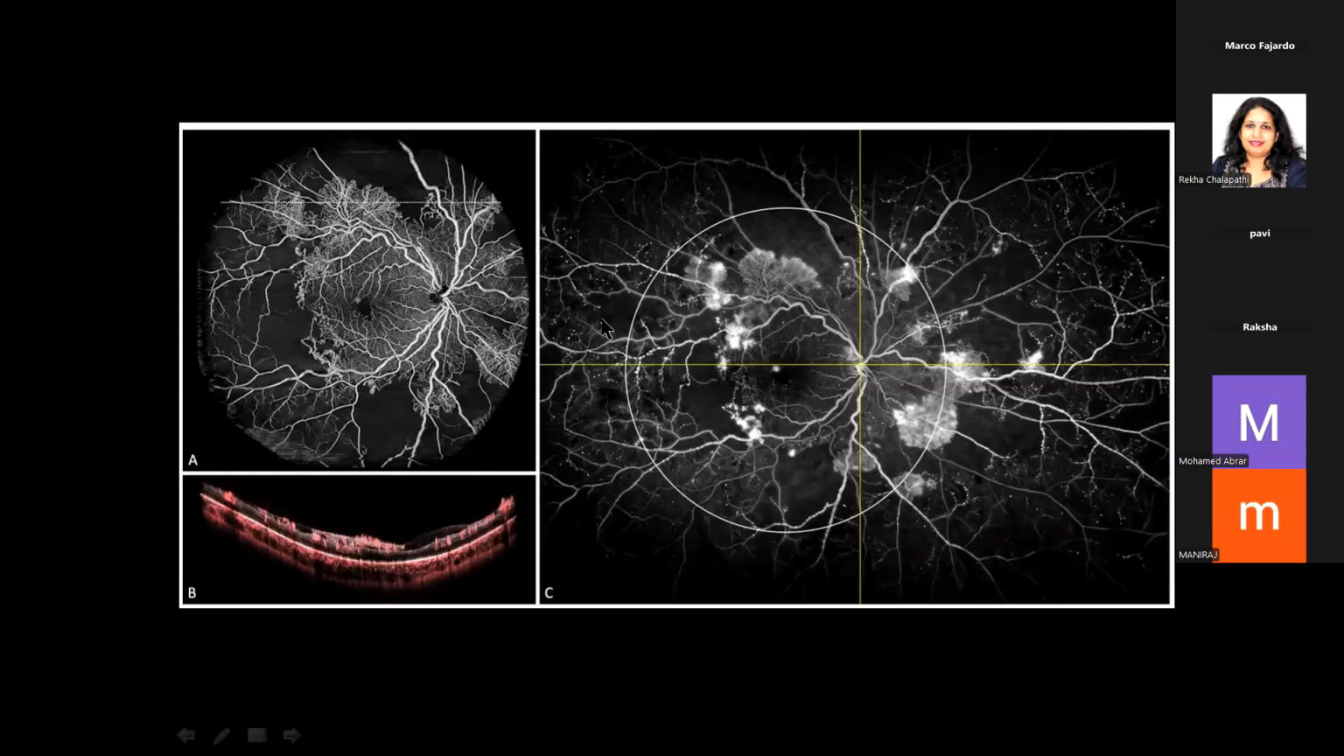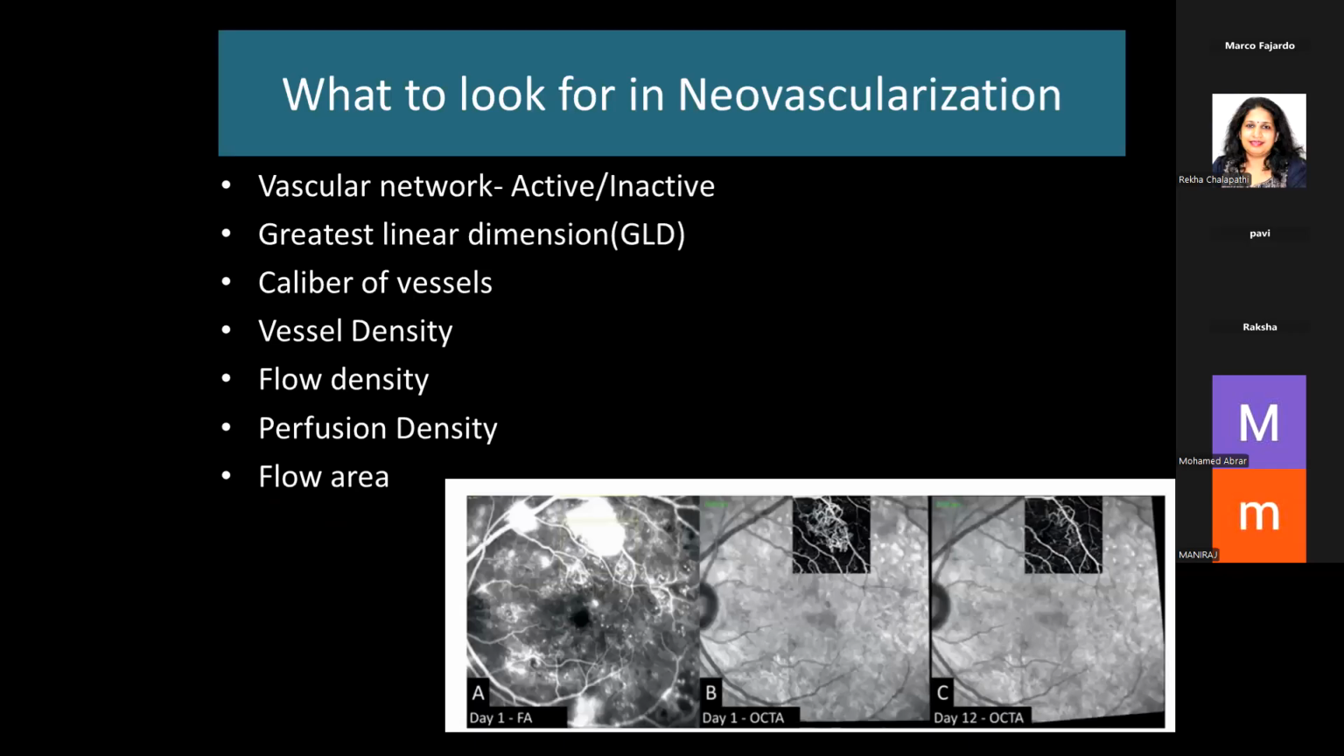The wide field OCTA sometimes may not cover the extreme periphery, which can miss some of the peripheral changes, but ultra wide field FA sometimes can bring about some of the additional peripheral features which are not seen with the wide field OCTA. So when you see a neovascularization, what is to be looked for? One is to look at whether it's active or inactive, the dimension of the neovascularization, caliber of the vessels,